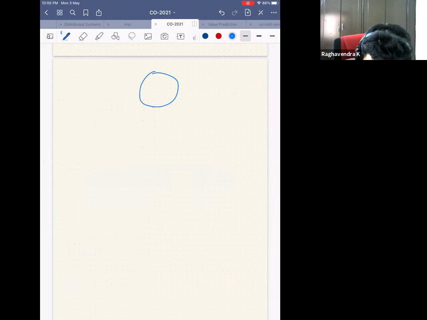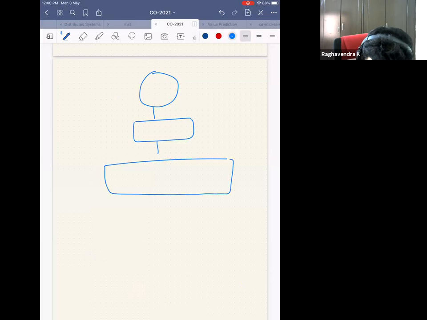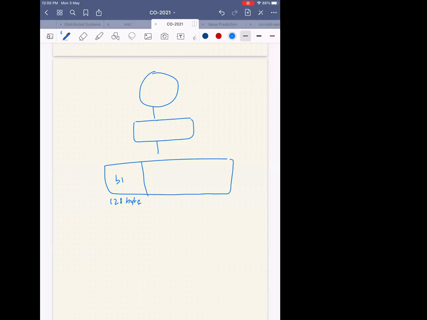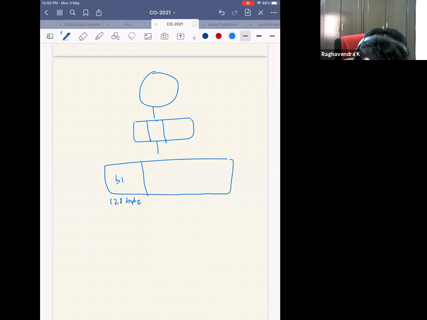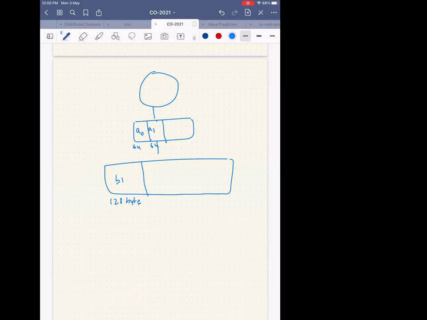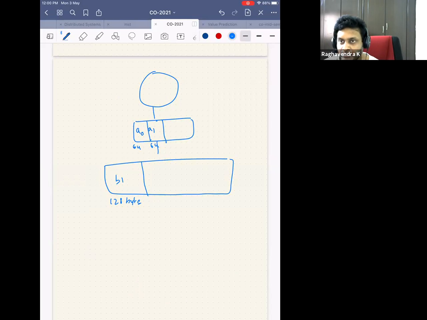Okay. Let's say I have an L1 cache and you have an L2 cache. Now what you're saying is the block here is maybe 128 bytes, and this is, say, A0, A1, 64 bytes each, right? Yes, sir. If this is an exclusive cache, then it has to take the block from the RAM and get it into L1. And whenever we are removing it from L1, we will place it in L2, right, sir? Yes. Good question.